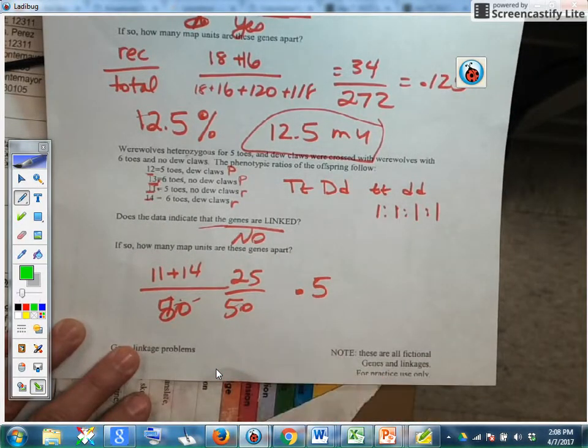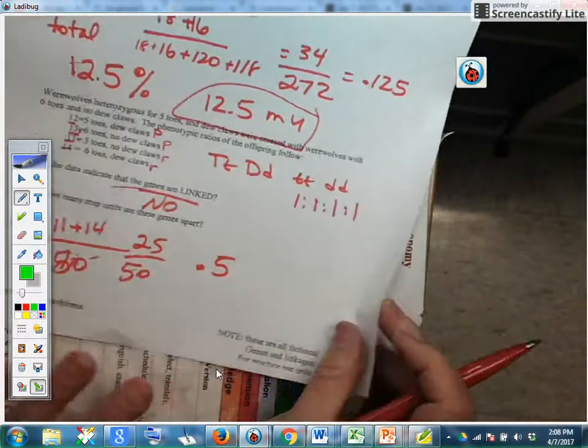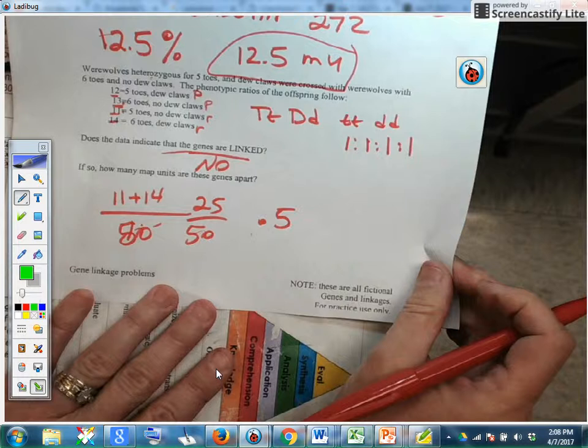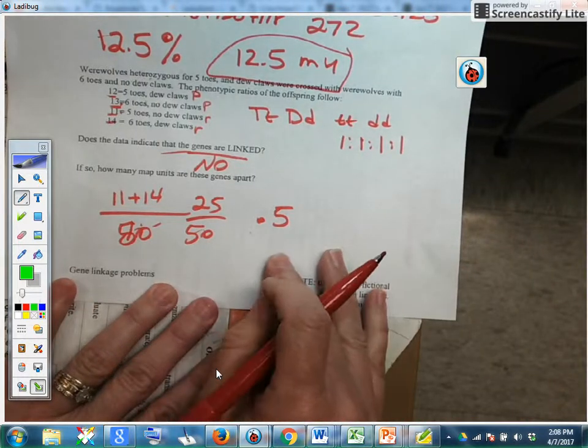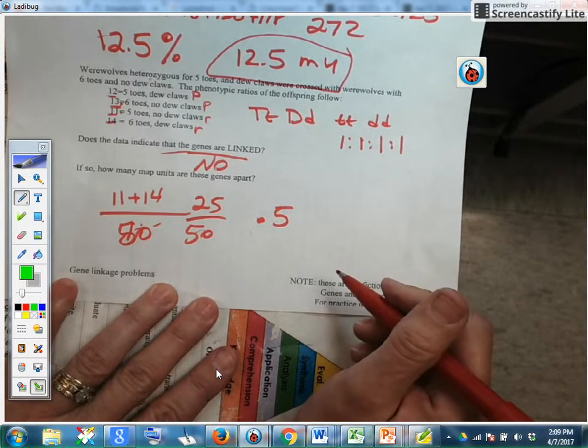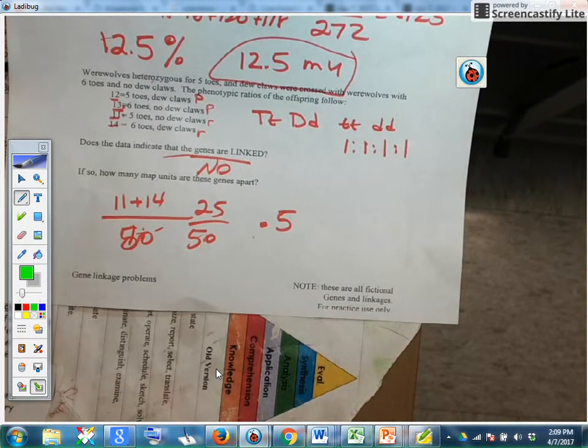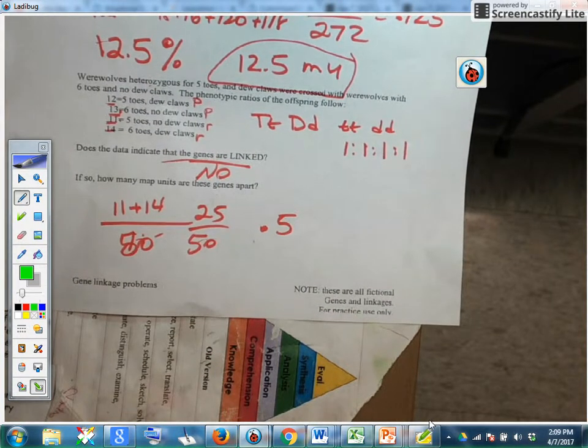This means that it is crossed over half the percent. It is or it isn't. That's the same odds as it would be if they were totally on different chromosomes. And those videos aren't perfect, but they're better than